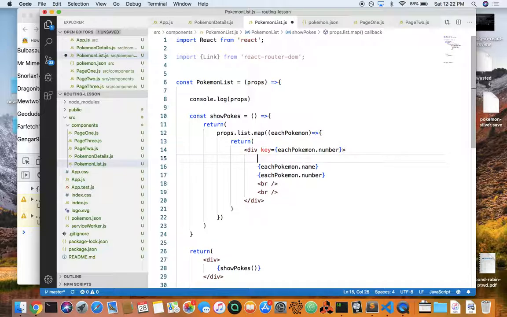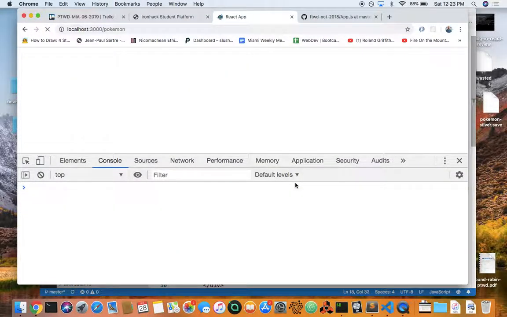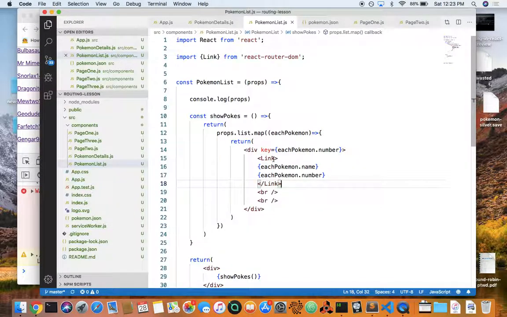In the div, we'll have a link tag. And the link tag looks like this. It looks like Pokemon.name, Pokemon.number. So now that should look like this. Then link, you know how the A tag has href? Well, link has to. It's a link to /Pokemon/